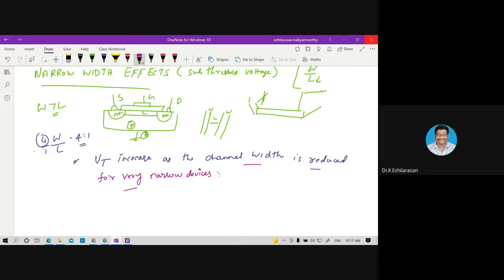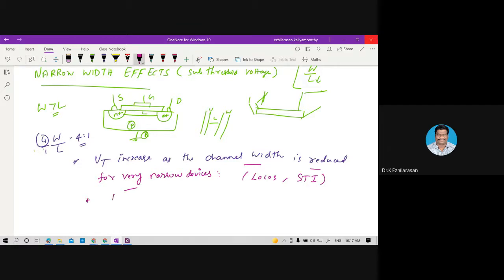So some of the depletion charges will be under the LOCOS, that is local oxidation of silicon isolation region. I think in your various courses you might have studied one called LOCOS region, and another called shallow trench isolation region. These two are used for your SiO2 actually. So here we can say simple, this effect is not that important actually,